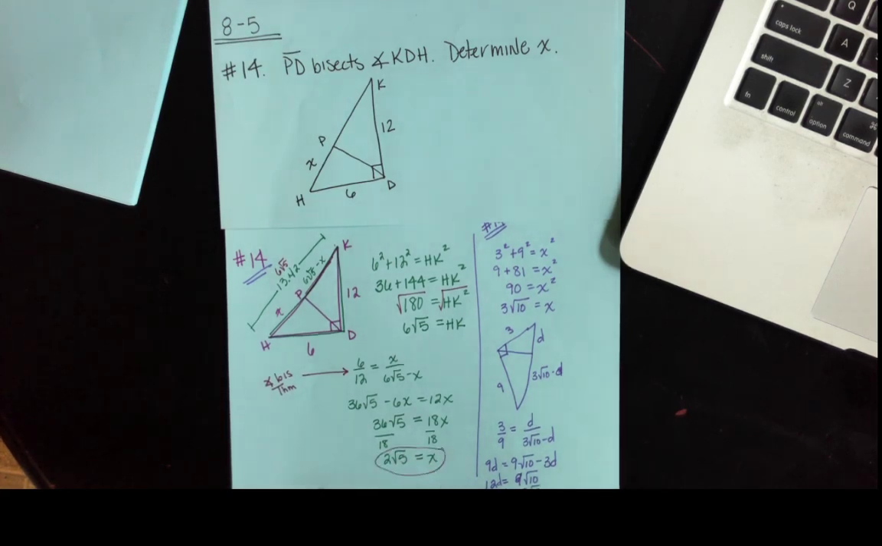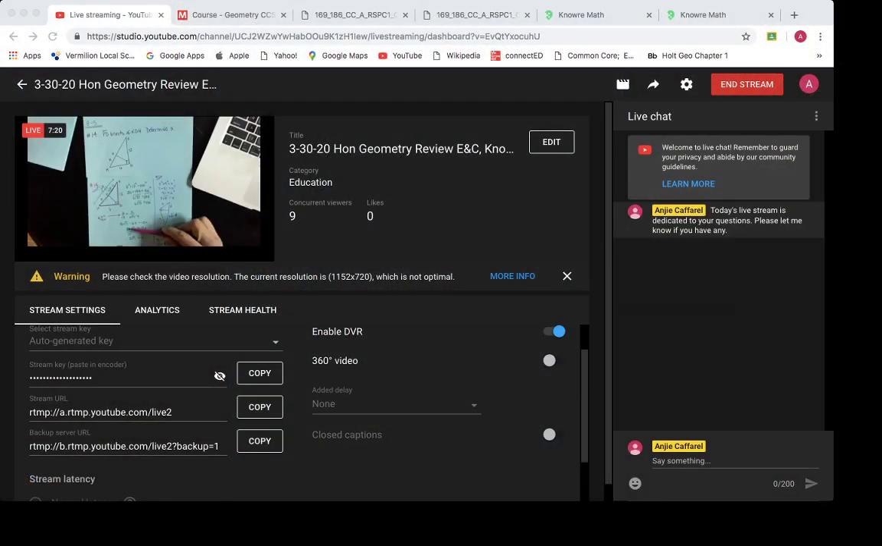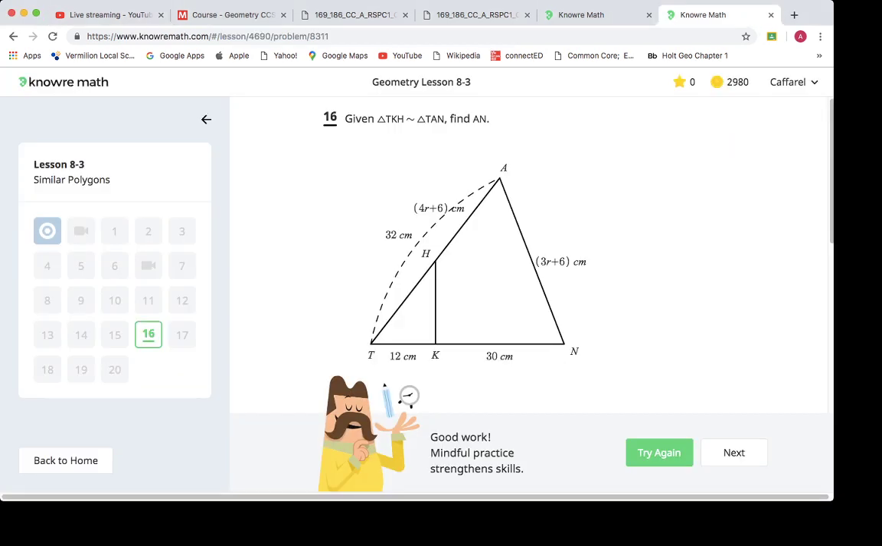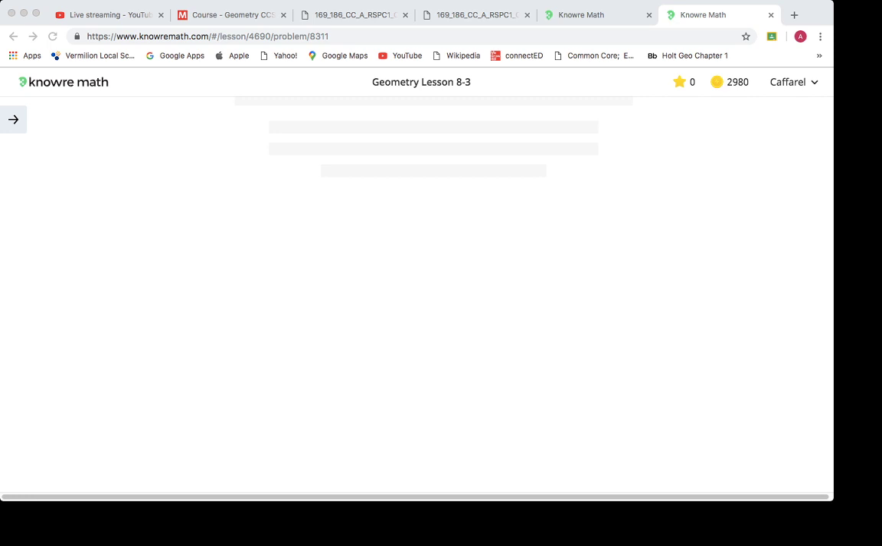This was the answer that was accepted in Knowre. And I'm hoping when you go in here and you plug things in, again, don't forget, and I'm just going to see if